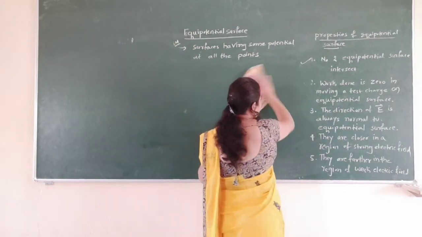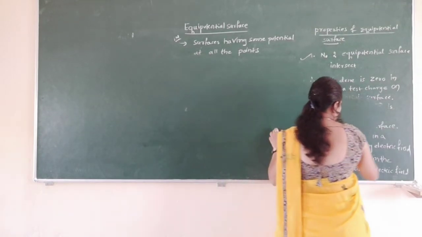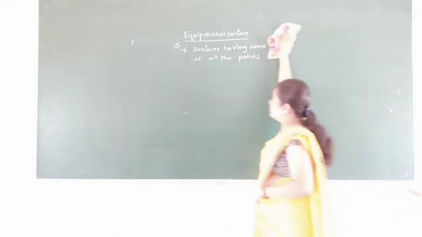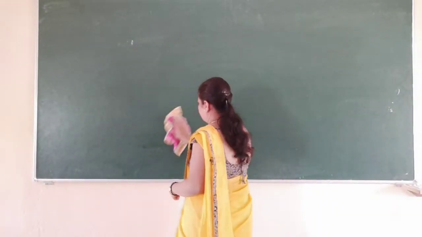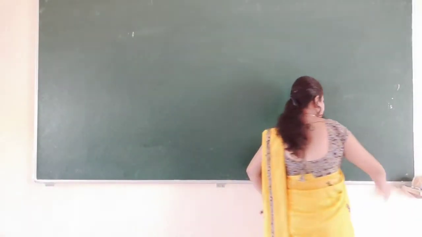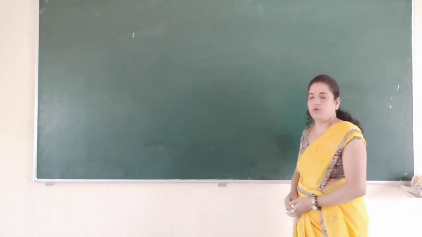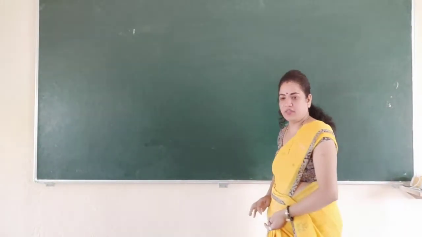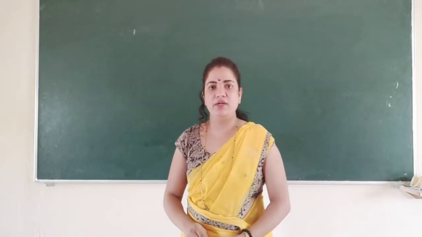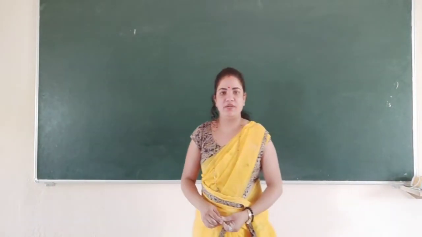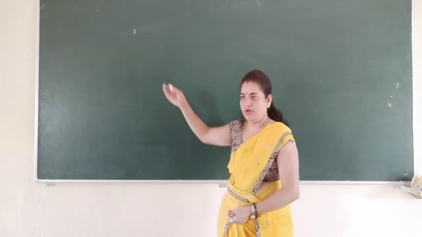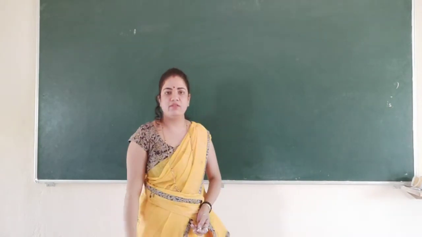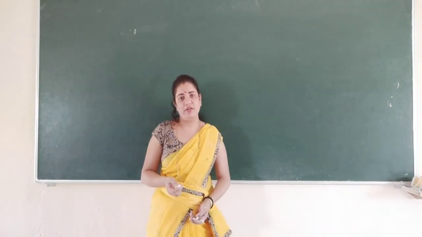Next, one more important concept. Now we will derive the relation between electric field and electric potential. Generally I will show how they are related, but actually we have to prove it. For 3 marks, a definite question is there: derive the relation between electric field and electric potential. Many times it is repeated. So before deriving that, superficially, we will first discuss the general relation between electric field and electric potential.